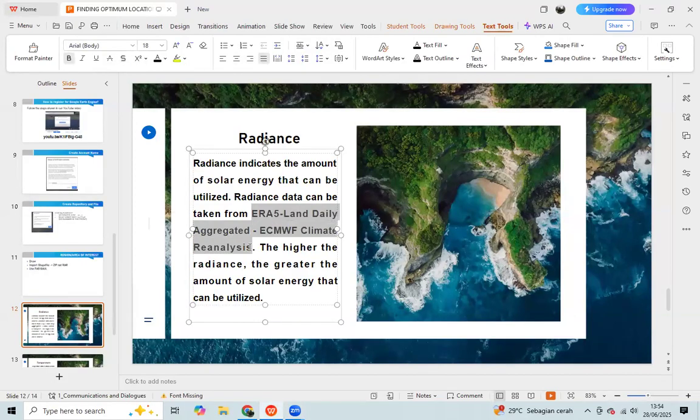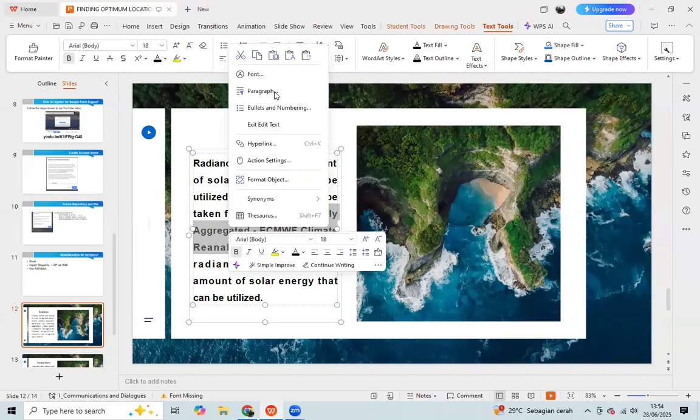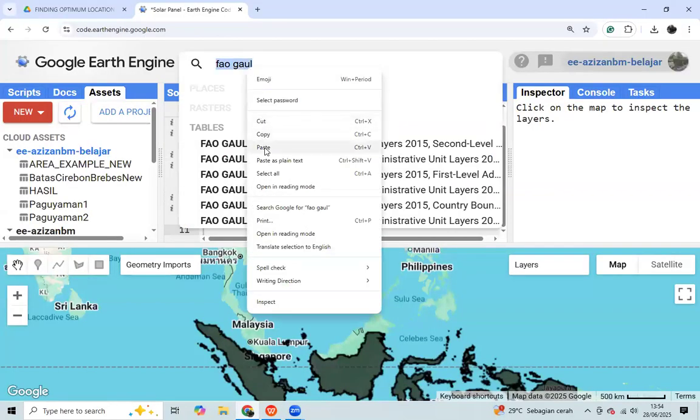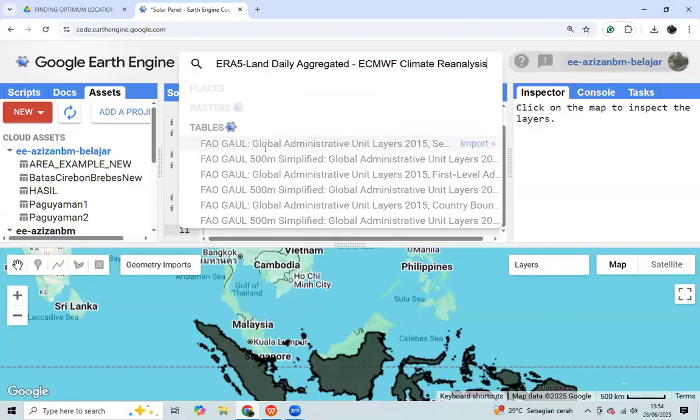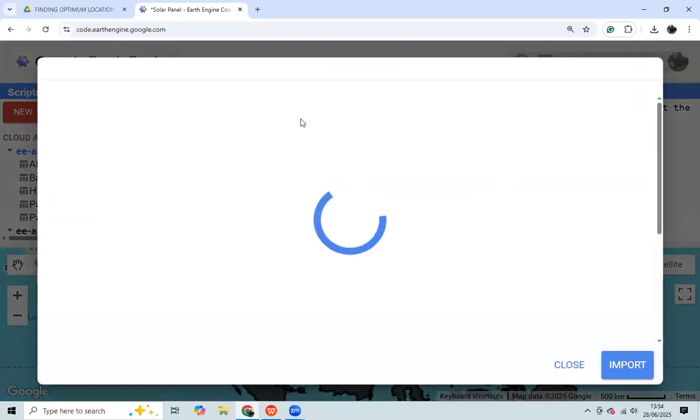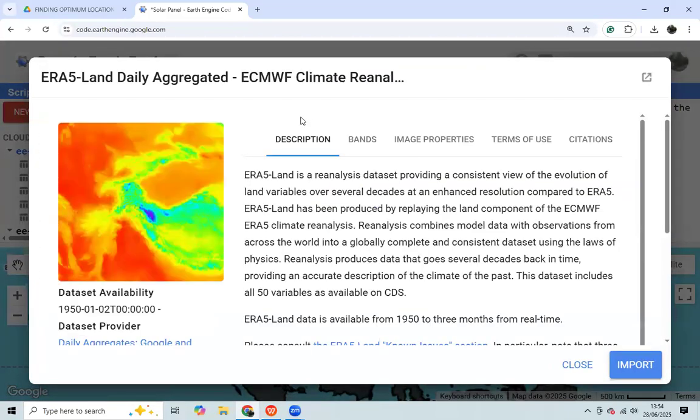We can copy the name of the dataset, use the ERA5 land daily aggregate data, and then we copy it to the search bar. We use the daily data. To make it more clear, we can view the dataset indicator page. You can click the button.